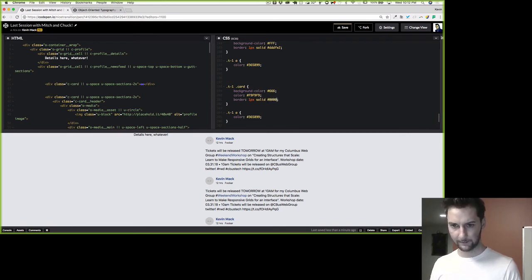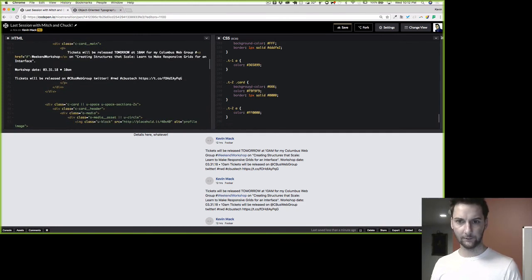Let's do black around it, and then we'll make this be, let's make it red. All right, so now if I wanted one of these to look differently,